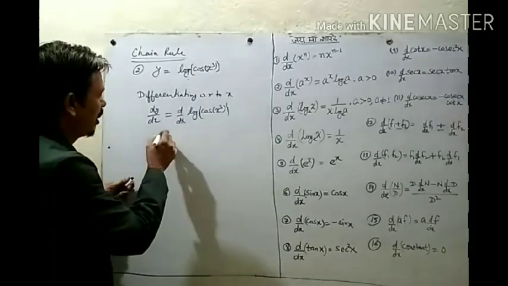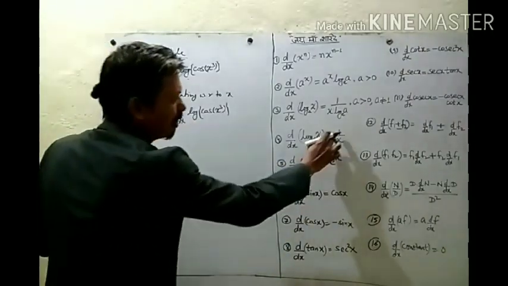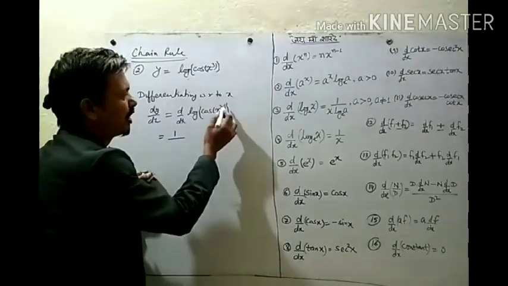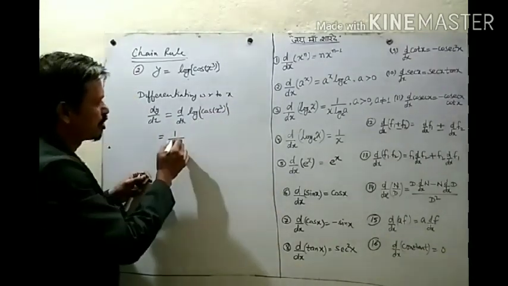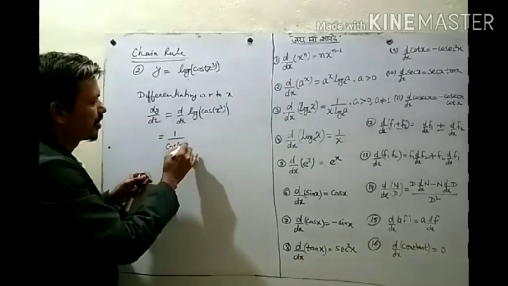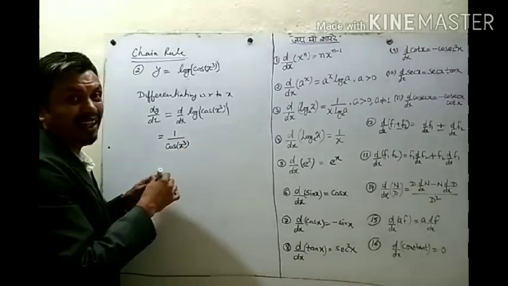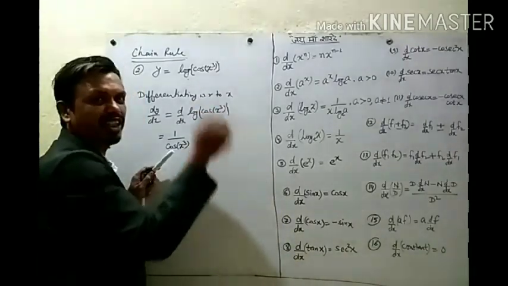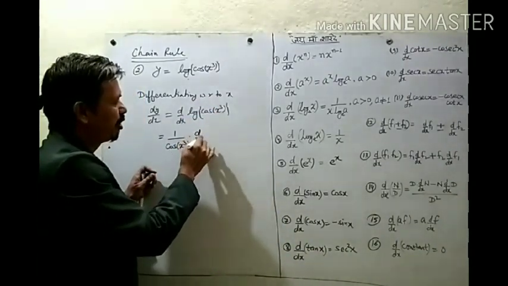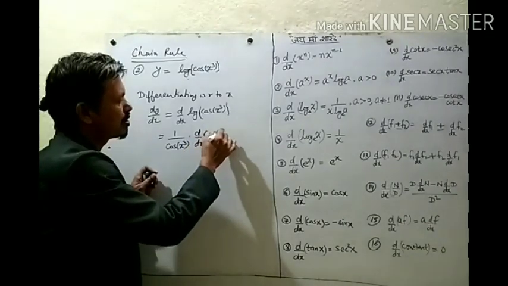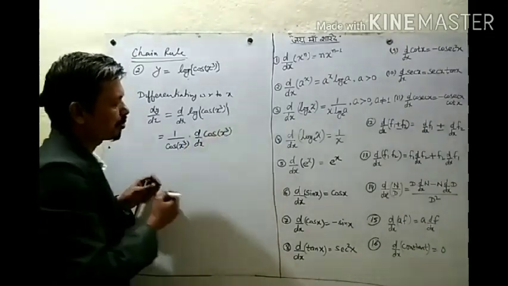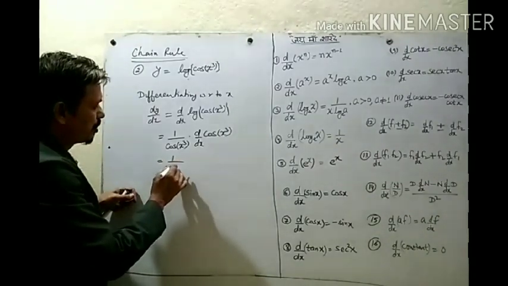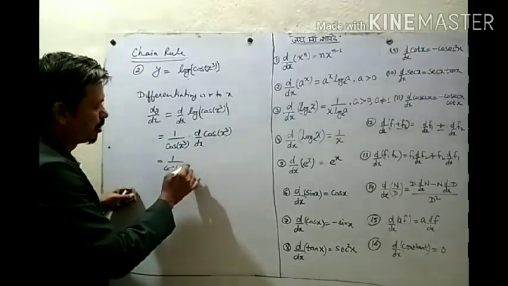So we apply the formula. The derivative of log x is 1 upon x. What is x? After log, whatever we have is your x, meaning cos of x cube. So 1 upon cos of x cube. But actually it is not x, so we have to differentiate again, into the derivative of cos x cube. So it is now equal to 1 upon cos of x cube into